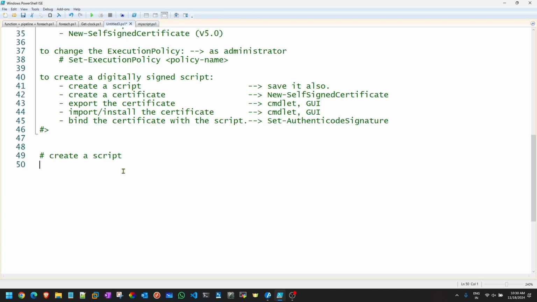The path is gonna be this. I will be using this path later on, that's why I've just noted it over here. Clear? So my script is ready. That's number one.